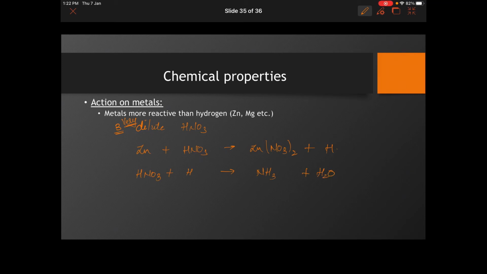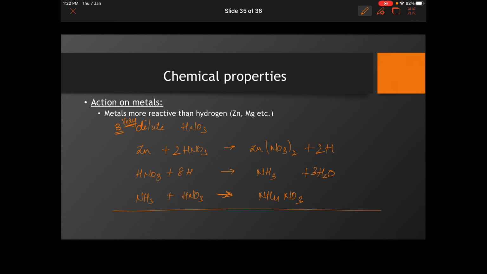Keep balancing the reactions, otherwise you are going to fall into the trap. This ammonia, I told you, further reacts with HNO3 and releases NH4NO3, that is sodium nitrate, right? Oh, sorry, ammonium nitrate, correct? Ammonium nitrate. So now try and first of all balance. What you will see over here is that the second reaction is not balanced. If we balance the first reaction, this comes twice; if we balance the second reaction, this comes thrice. 6 and 3 is 9, so 8 NO3, NH3, yes, perfect.